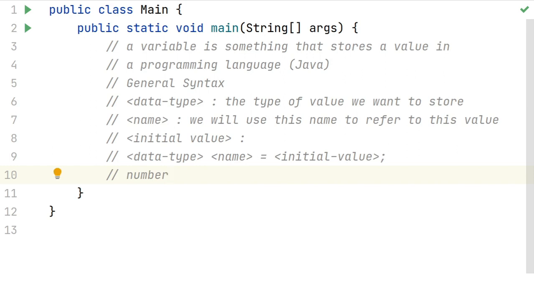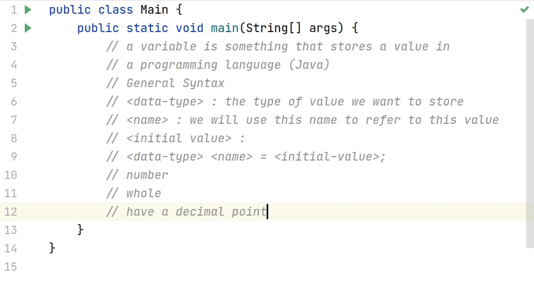right? And in Java, the Java language recognizes a lot of types of numbers, right? As in mathematics we have numbers that are whole numbers, and some numbers that have a decimal point, right? So these whole numbers or integers, if you know, are written as int.